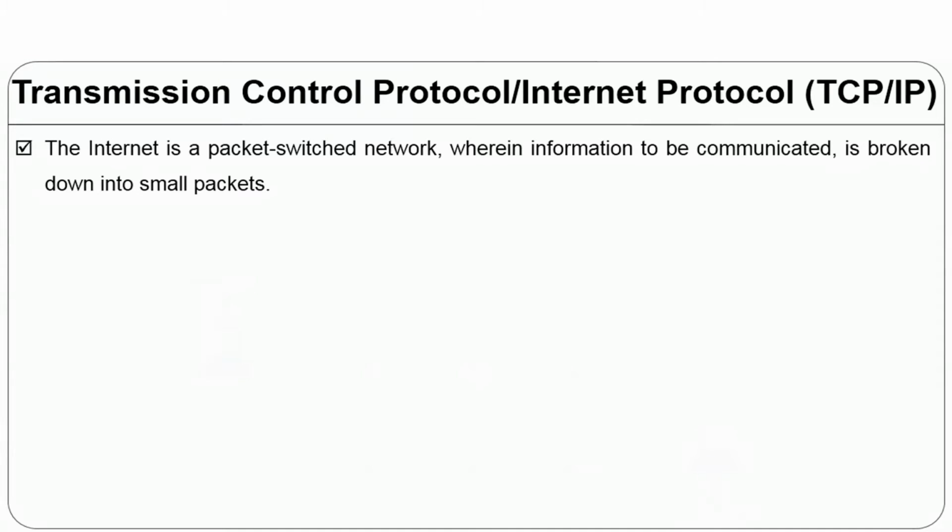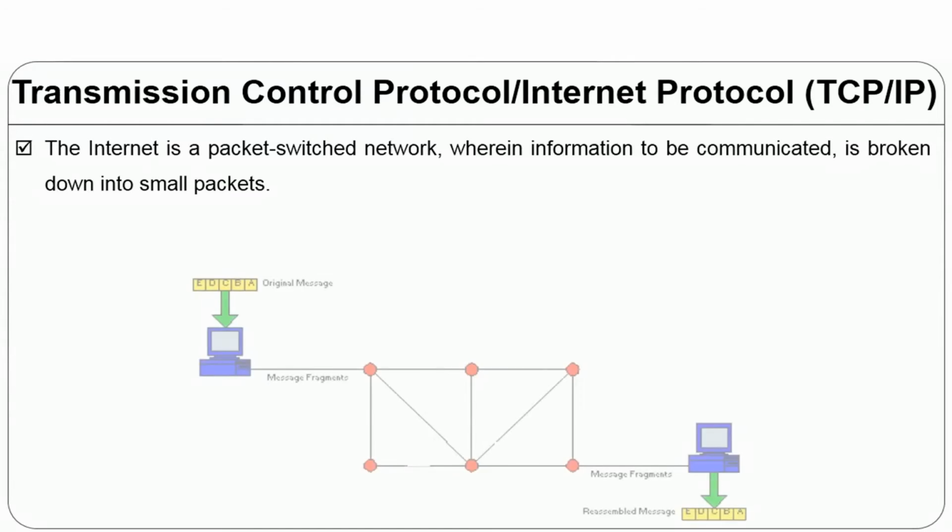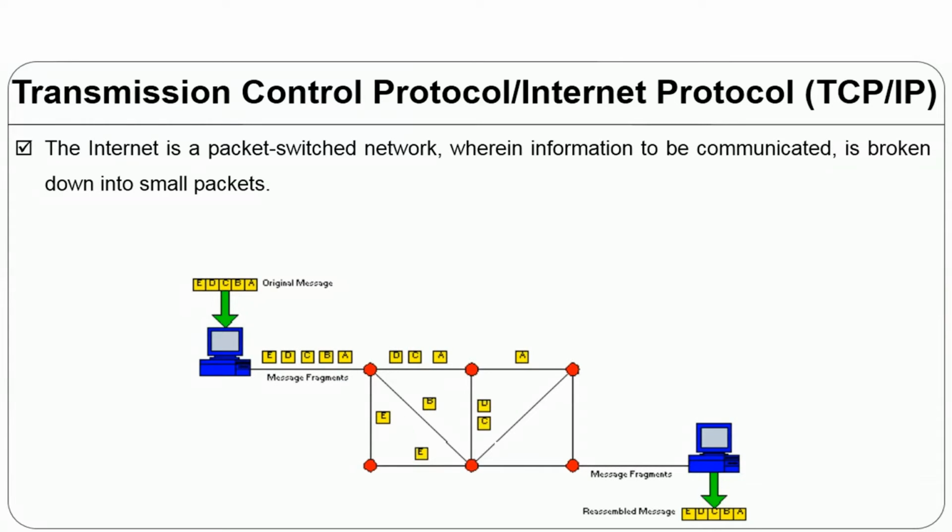When I'm saying packet switched, what does it mean? Packet means any information you are sending across a network goes as simple, small packets. For example, I want to send my picture from one end to the other end in a network, the internet. The picture doesn't go as it is. It will divide the complete picture into different blocks of data. That is what is called a packet. So that's why we call it a packet switched network, meaning packet switching from one point to another point.